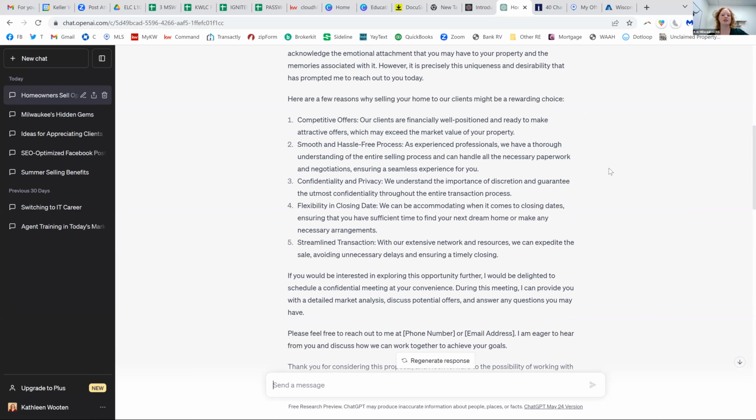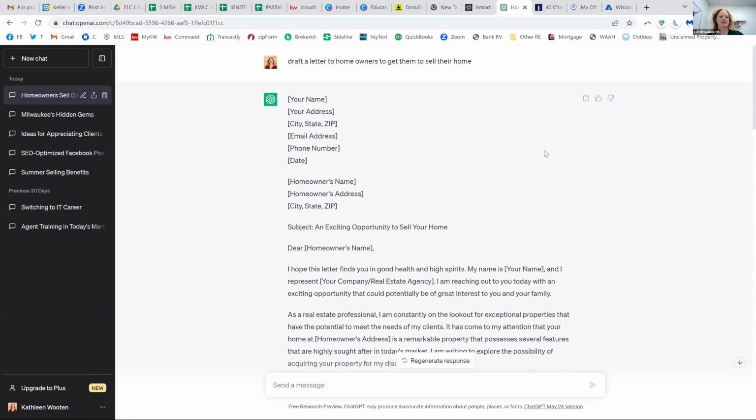So that's one of the really cool things about ChatGPT, I think, is that you try one of the prompts first. And then if you don't like what it says, tell it to rewrite it, but tell it how you want it rewritten. Make it less salesy, make it more caring, use more simple language. Sometimes it gets too high in the vocabulary spectrum. Tell it to use a little bit more simplified language, and it'll do that. So, any questions on ChatGPT?